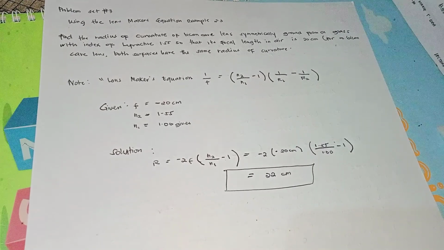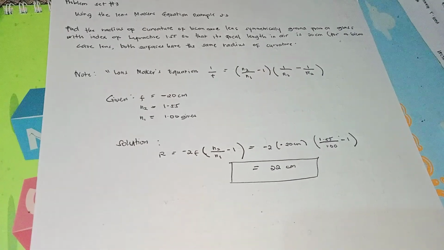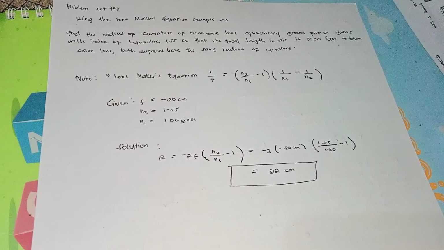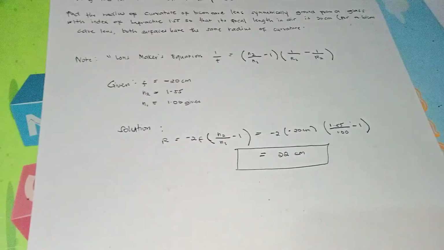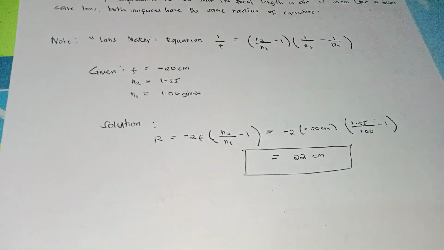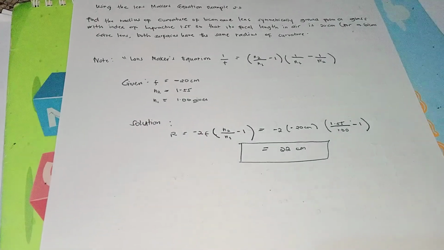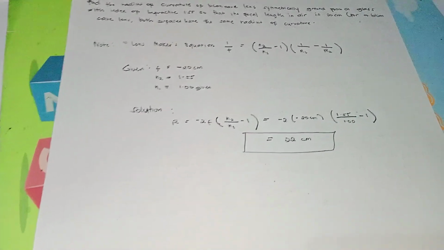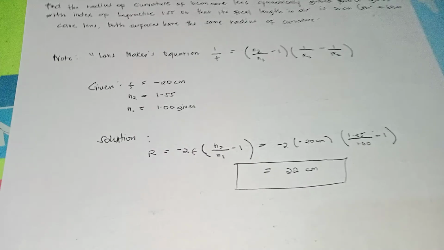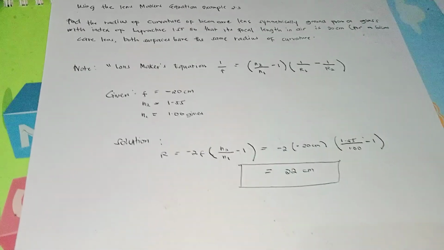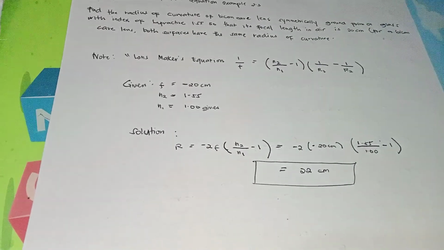Both surfaces have the same radius of curvature. By the lens maker's equation, 1 over F equals N2 over N1 minus 1,